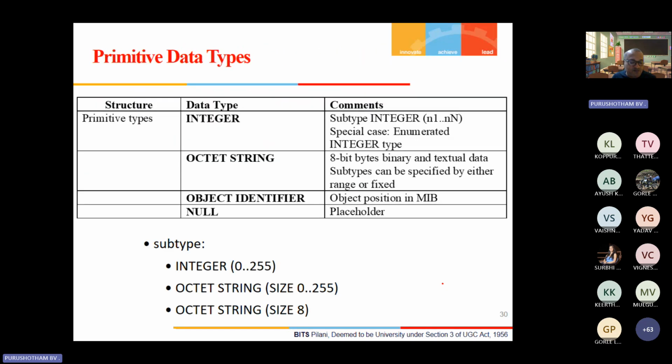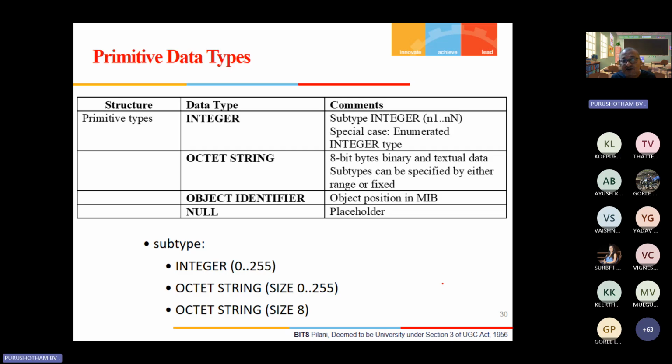So under the primitive, we have integer, that is something like digits up to a certain limit, or a special case where the enumerated integer type also could be used.